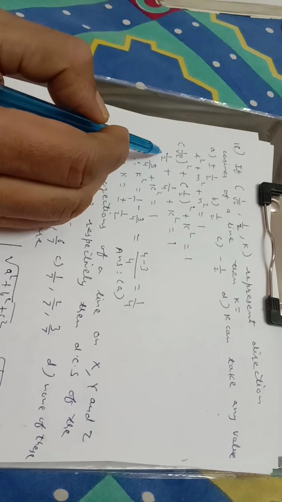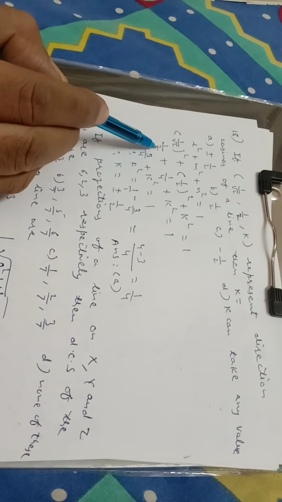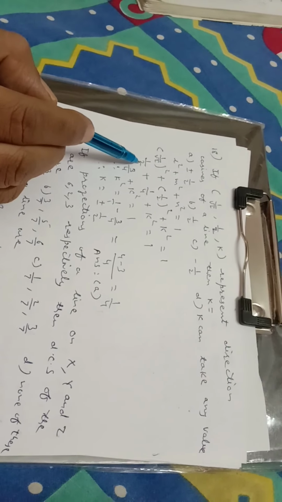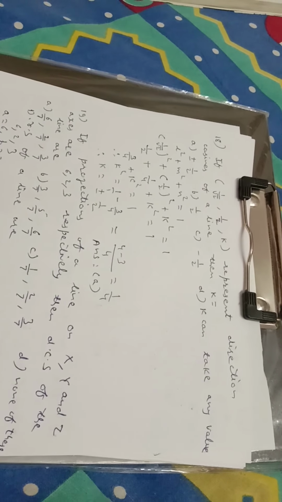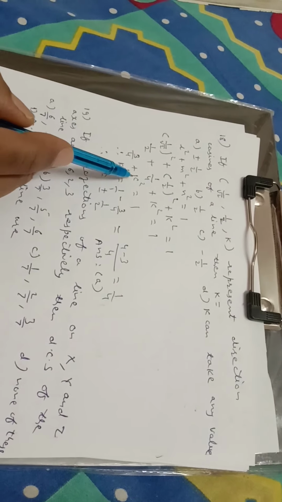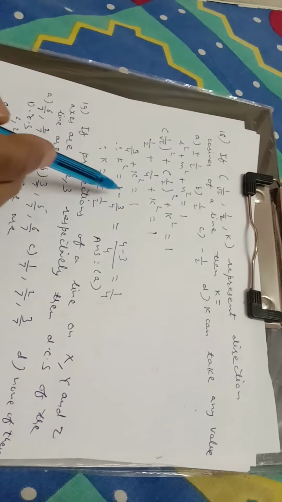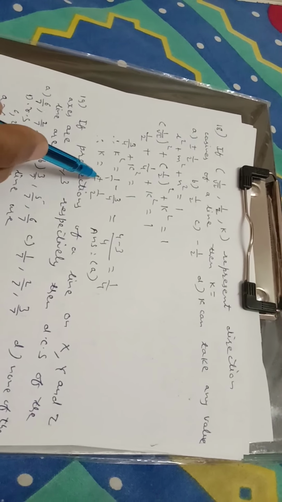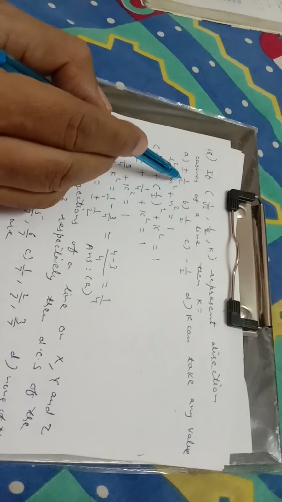Root 2 square, the radical sign gets eliminated, 2. 2 square is 4. Now this is the addition of two fractions. To make denominators equal, 1 by 2 can be written as 2 by 4. 2 by 4 plus 1 by 4 is 3 by 4. As by solving the equation we have to find the value of k, keep the term containing k on the LHS and the remaining terms on the RHS. Simplify this. To find the value of k, take the square root. We get 2 roots, plus or minus. So the most appropriate option is option A. That's why it is the answer.